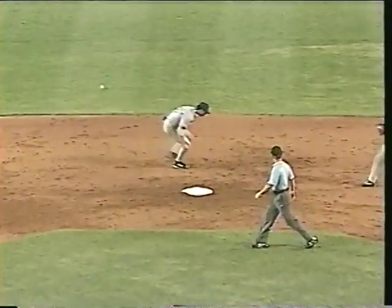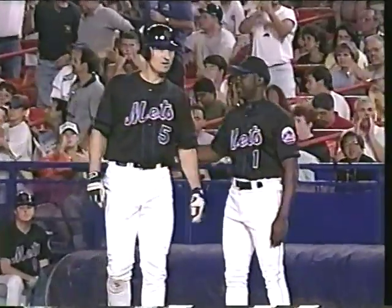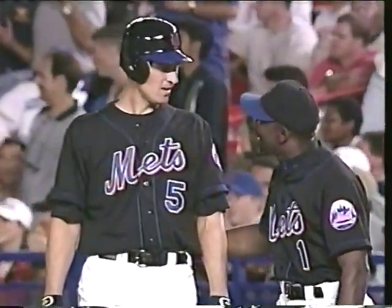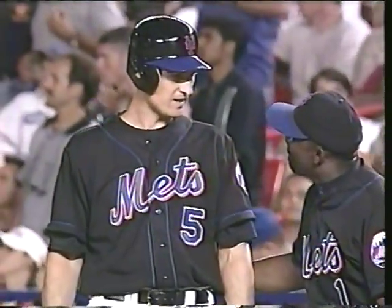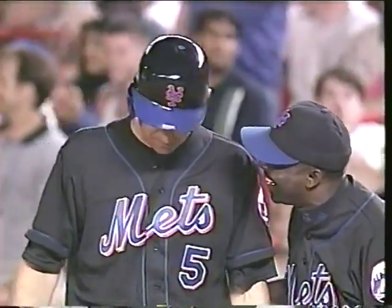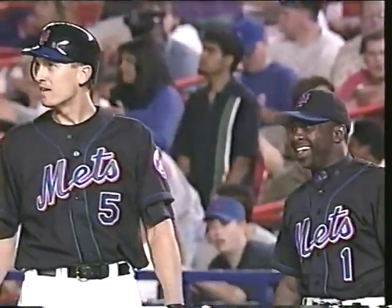Up the middle and through. It got under Gresselanic's glove. That may have been the reason he was bunting. Try and stay out of the double play and get the runner over. And if Gresselanic comes up with that cleanly, they might have turned a double play. But just as the Dodgers got a break when Lopez made an error in the top of the 8th inning, the Mets get a break. That's going to be an error on